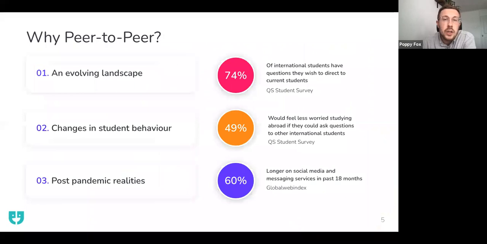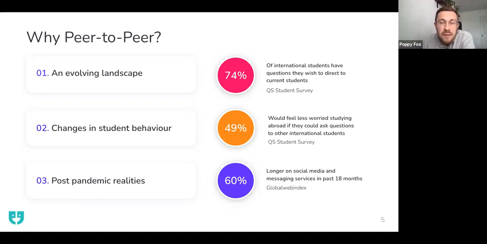So on this slide, I just wanted to share some data that supports this point that prospective students do expect to be able to engage with current students when researching and deciding where to study their degree. According to QS, 74% of international students, excuse me, have questions that they want to address directly to current students.